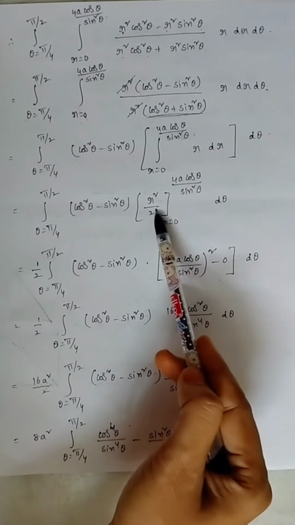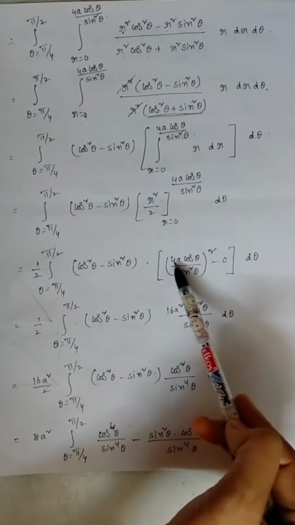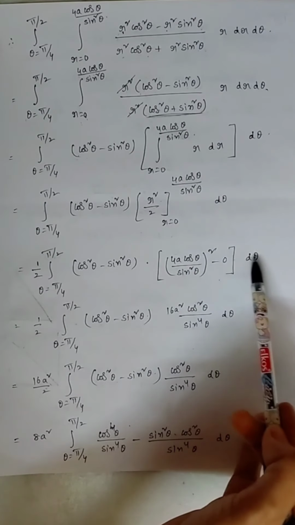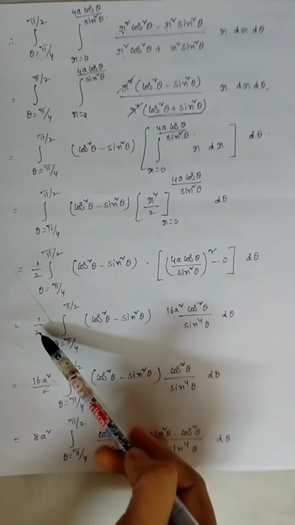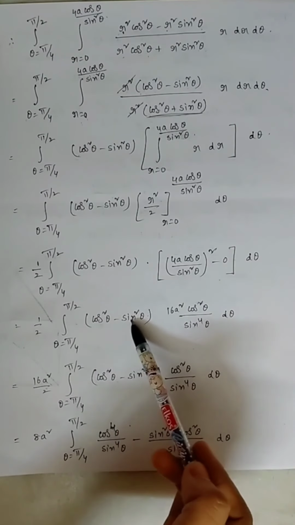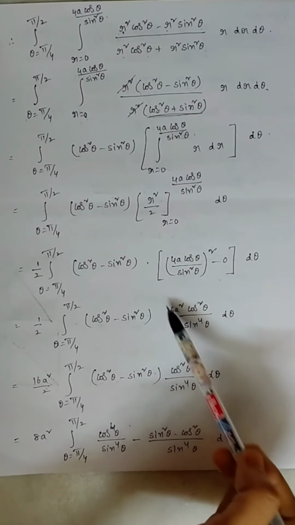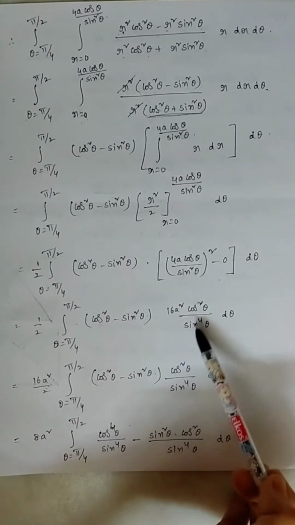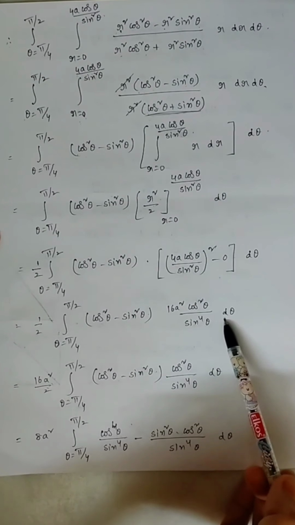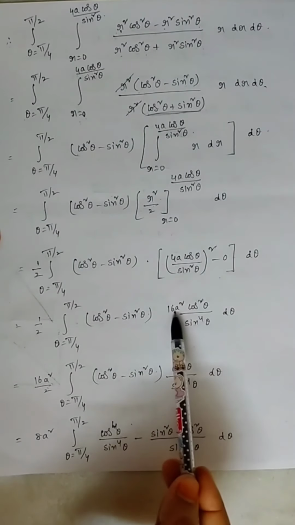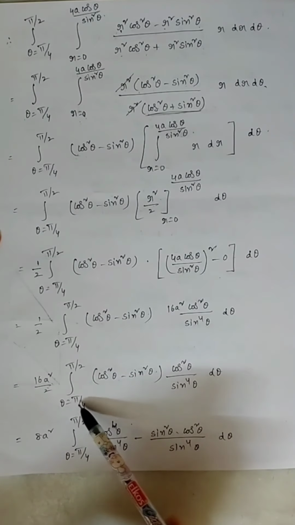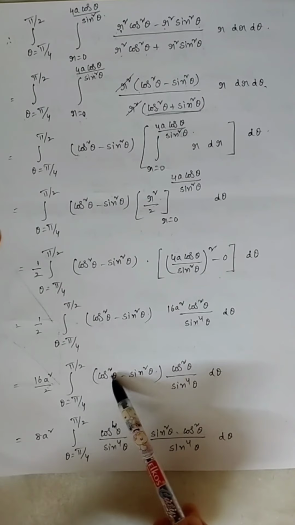So these are r limits. So substitute upper limit, 4a cos theta by sin square theta whole square, minus 0 whole square, means 0, into d theta. So 1 by 2 integral theta equals pi by 4 to pi by 2 cos square theta minus sin square theta, whole square, 4a whole square means 16a square cos square theta by sin square theta whole square, and sin to the power of 4 theta d theta. So 16a square is constant, take 2 outside. 16a square by 2 integral theta equals pi by 4 to pi by 2 cos square theta minus sin